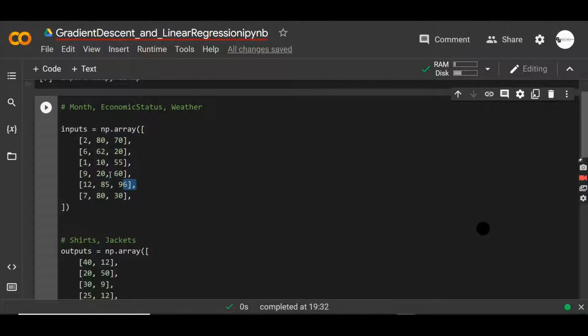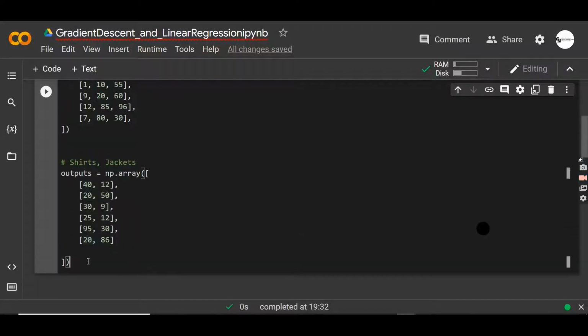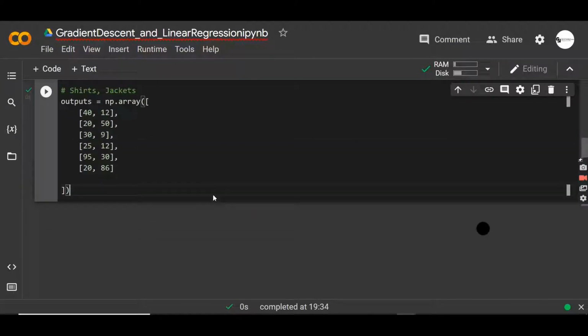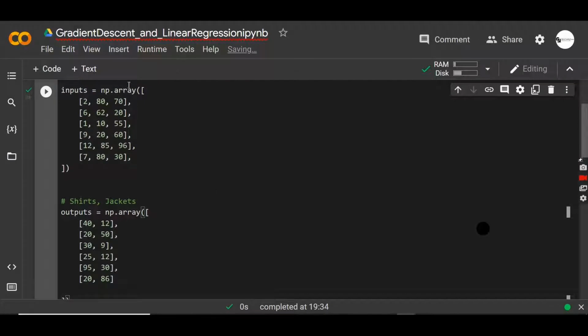There's also the impact of recession, or so-called economic status, that we created, so it's going to impact the sales too. It's a small data set, but the main goal is to learn the power of calculus and how it helps us